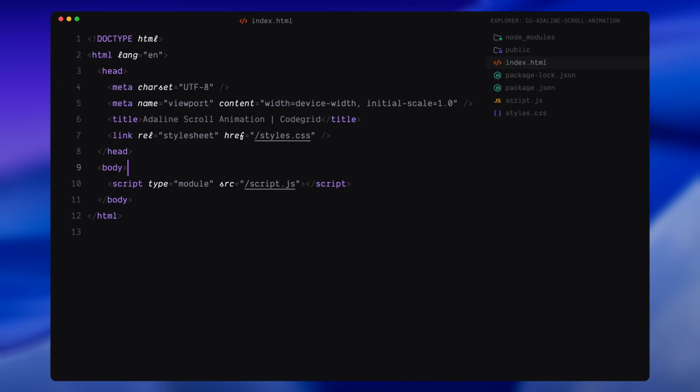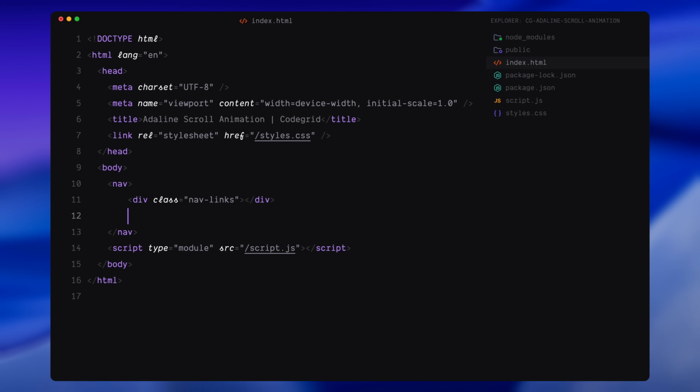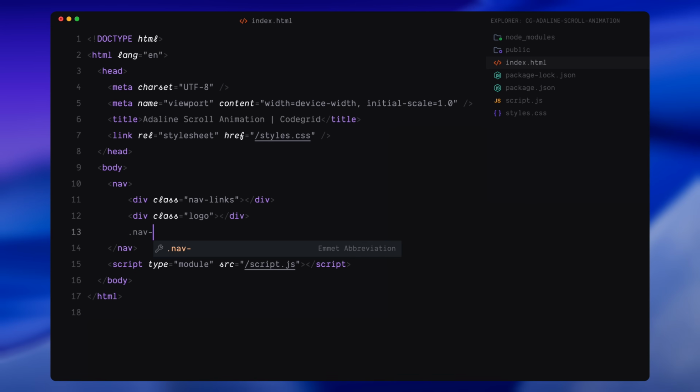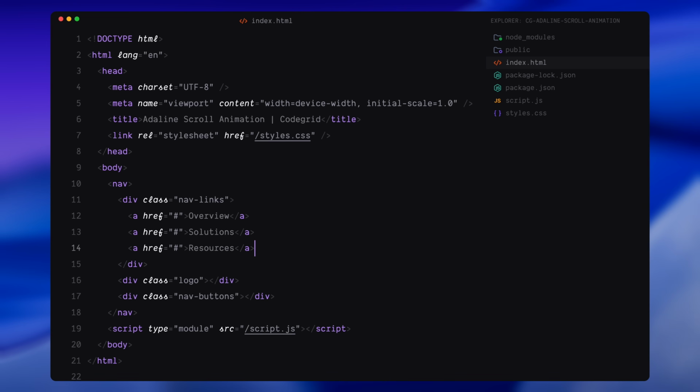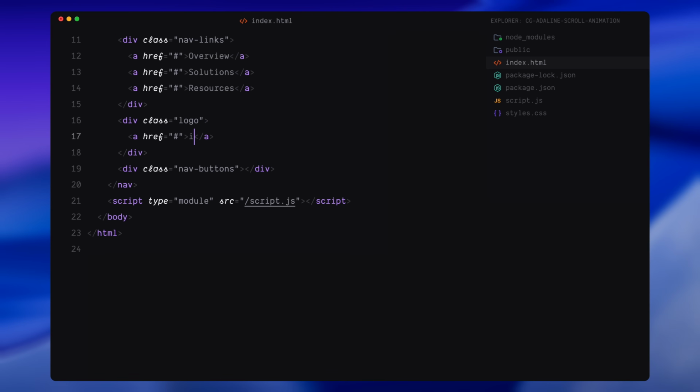First, we'll add a nav element at the top for our navigation bar. I'm dividing this into 3 sections: the nav links, the logo, and the nav buttons. Inside the nav links container, I'll add 3 anchor tags with some placeholder labels. For the logo section, I'll add an image followed by the site name, and in the nav buttons container, I'll